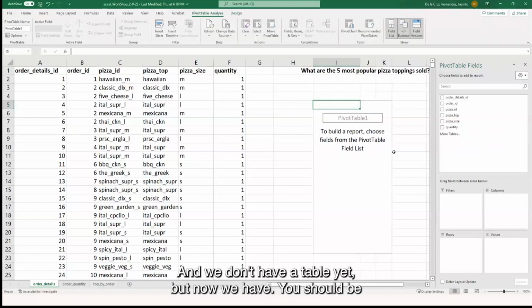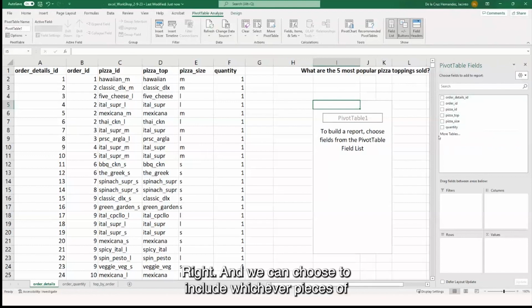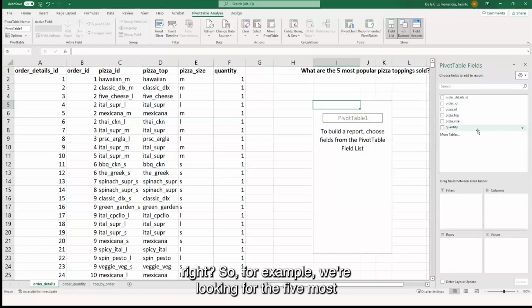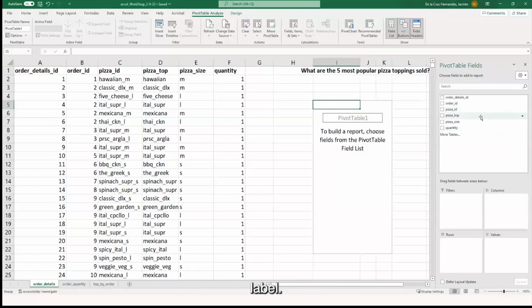And we don't have a table yet, but now you should be able to see this window here where we have all of the labels for our columns. And we can choose to include whichever pieces of information from our data that we want in this pivot table. So for example, we're looking for the 5 most popular pizza toppings. So let me put the pizza topping label